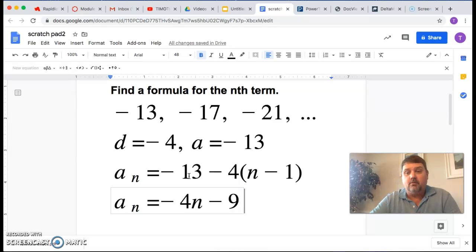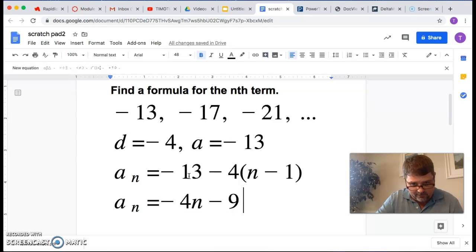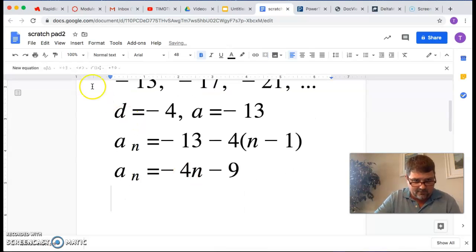Okay, so what are we using the nth term formula for? Well, someone says, what is the 20th term or the 50th term? So that's what we would use this for. So to find the 20th term, that would be a sub 20. We would say